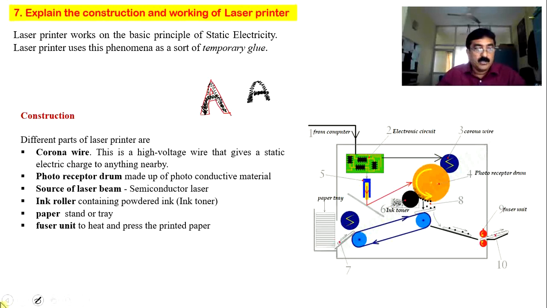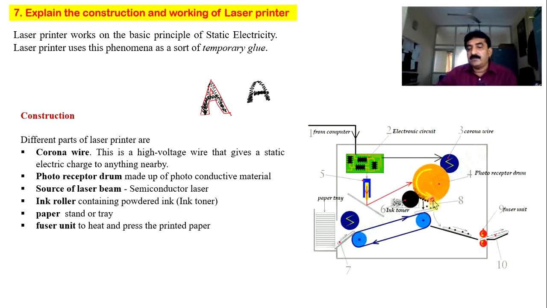So simple it is. Okay, so now our laser source will take the command what to print from the circuit board. Accordingly, it will emit the light, and that light is directed towards the drum. Now follow carefully. The region which has to be printed black is now negatively charged. That means this drum is already positive. This light will come and remove the positive charge, so that portion becomes negative. So whatever is to be printed becomes negative, whatever is not to be printed remains positive. That means the white portion remains positive, the black portion becomes negative.